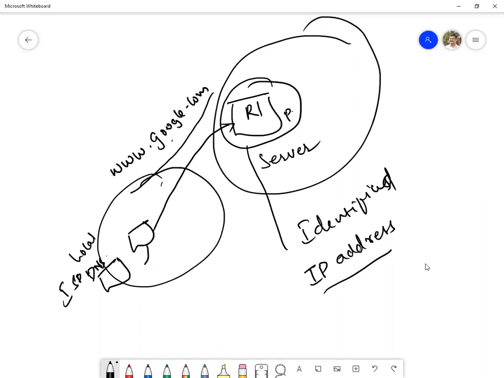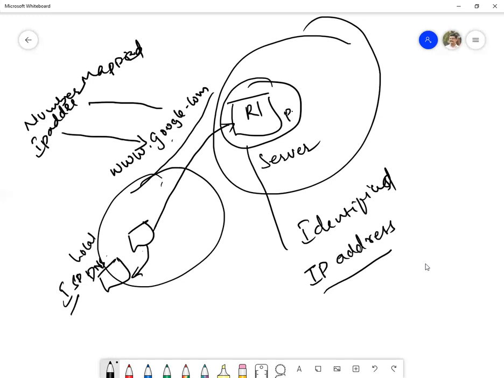The local ISP, the internet service provider, will have your DNS names, that is, a name mapped to a number. The number is nothing but the IP address, or an IP address mapped to a name.